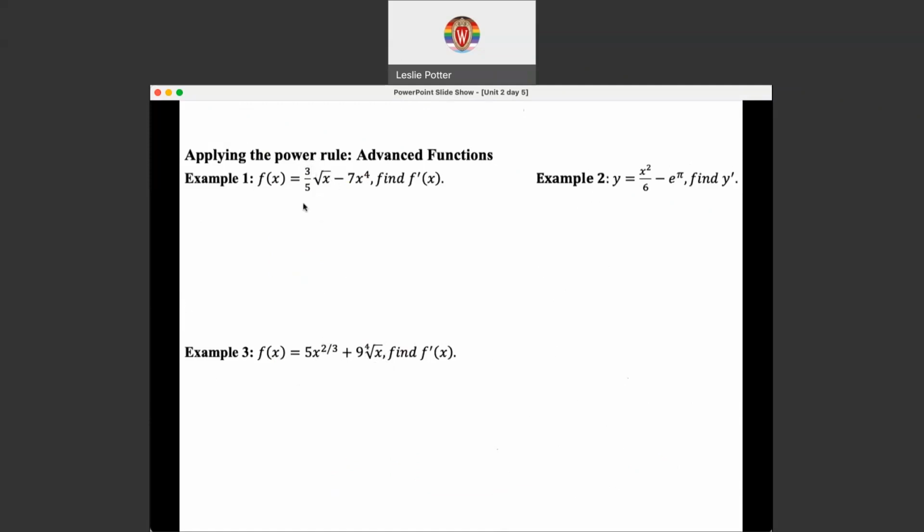Okay, so example 1, we have 3/5 times the square root of x minus 7x to the 4th. Now, if I just asked you 7x to the 4th, you could probably give me the derivative. But we're going to really grapple with this term here. So the 3/5 is the constant, right? That's just going to go out front and get multiplied through. Square root of x, okay? The square root of x